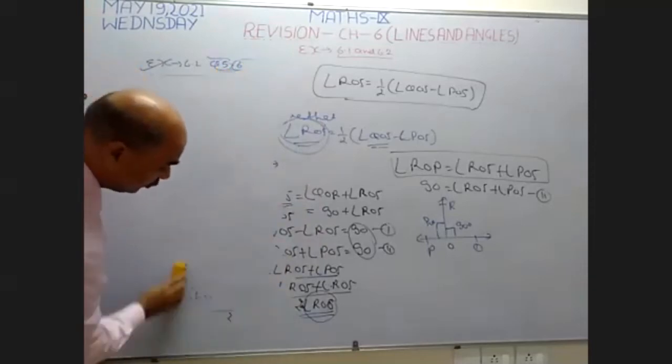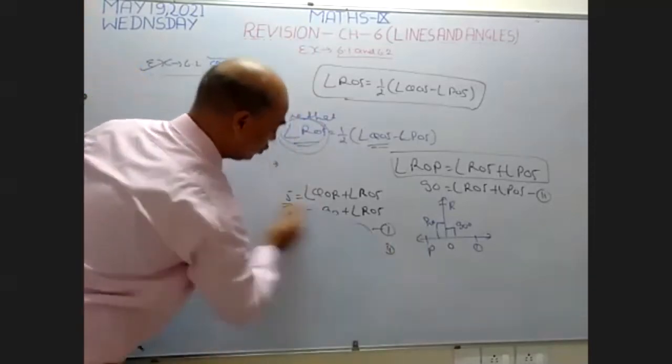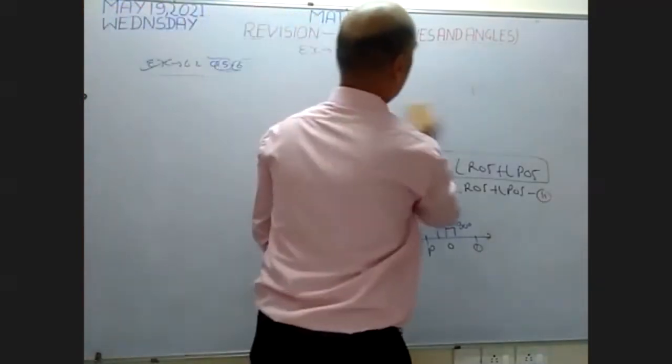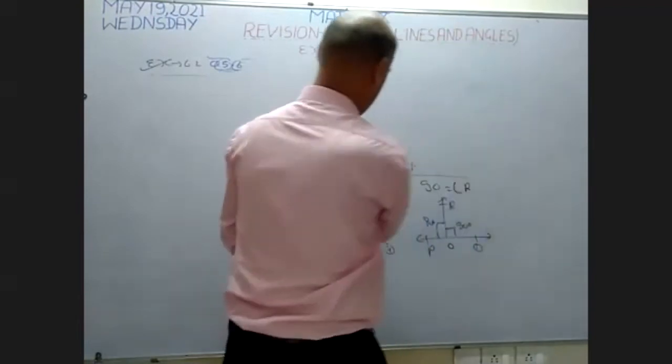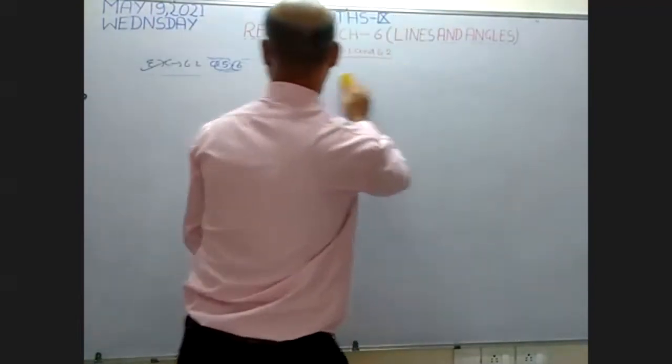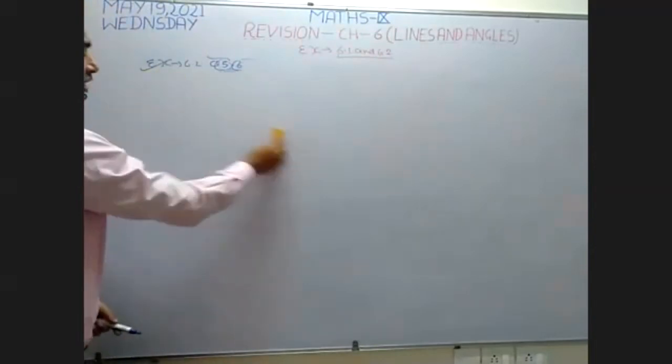Read the statement from your book, beta. What is given in question number 5? After that, I want to solve question number 6 of exercise 6.2. Read the statement from your book. What is given in question number 5 of exercise 6.2?